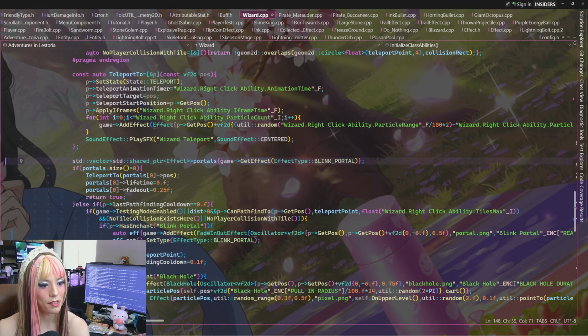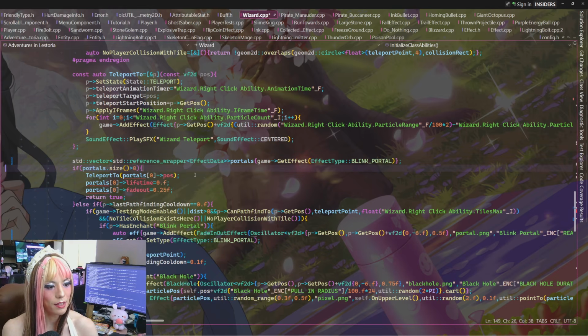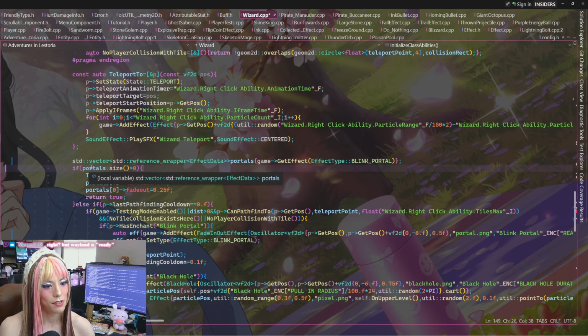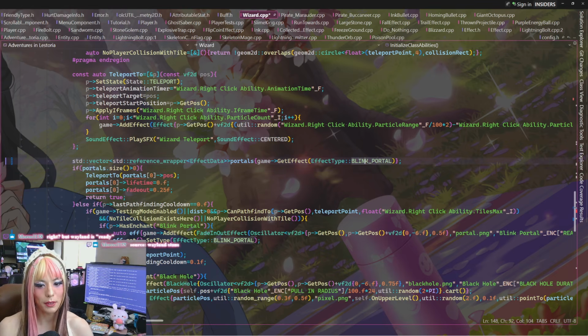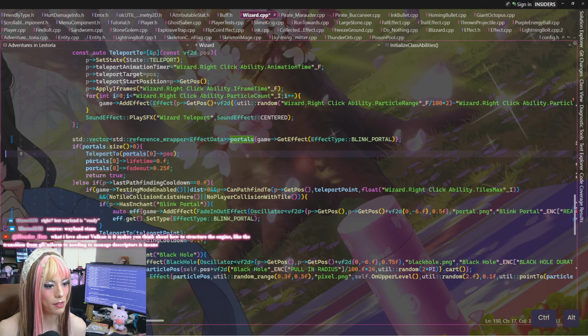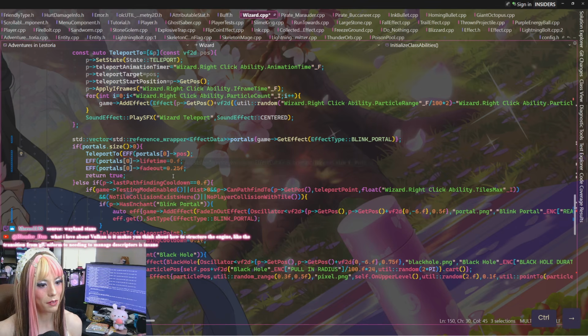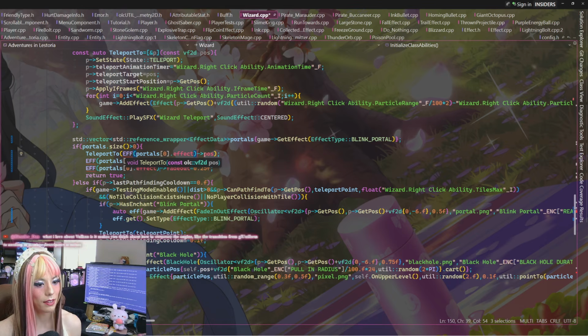Okay, so this needs to be a vector of reference wrappers of effect datas. So then, what is this supposed to do? This is supposed to be portals. Oh, we're looking for blink portals. And then if we find some, we teleport to them. So I need to deduce the effect from those, from the first one found, and only the first one found, apparently.